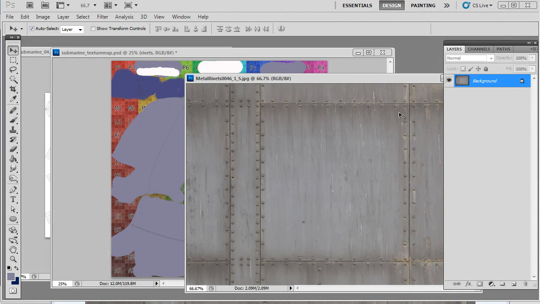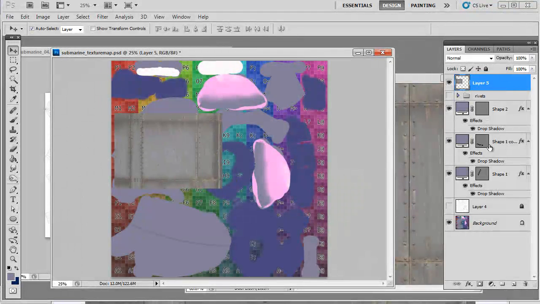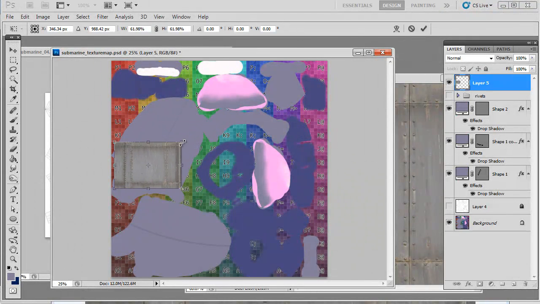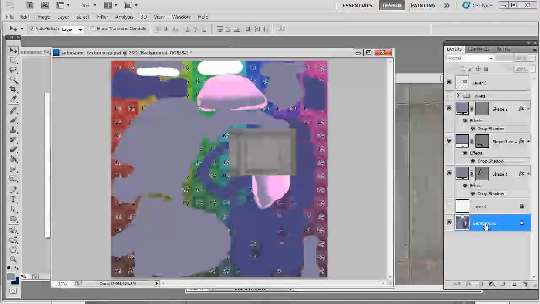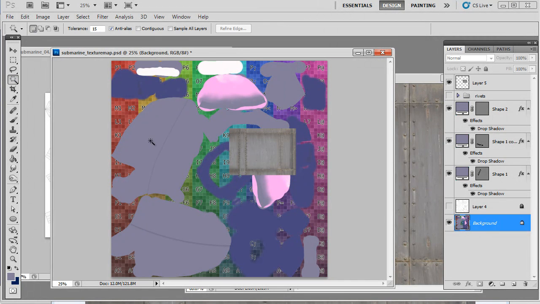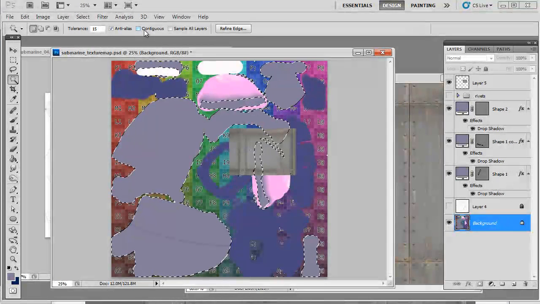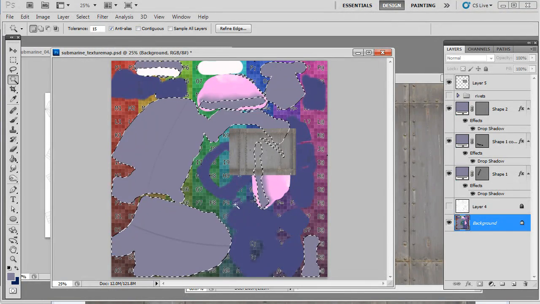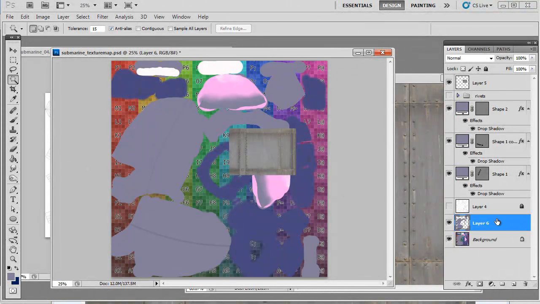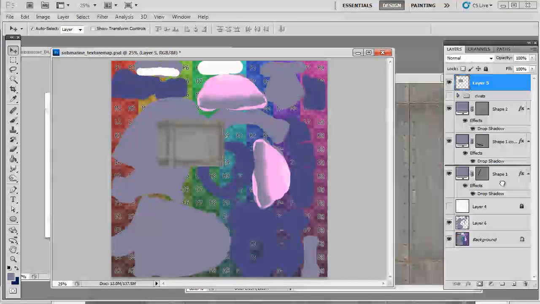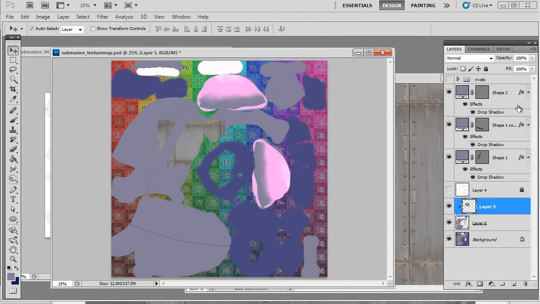Okay, so now let's grab this, move it over to here, and maybe make it a little smaller. And everywhere that we have that color, I'm going to grab my magic wand and select that color, make sure contiguous is not turned on. And everywhere that we have that color, it's going to select that. So I'm going to copy, Control-C, Control-V, and then I'm going to use that as a clipping mask. So let's grab this metal here, drag it down to here, right click and say Create Clipping Mask. So now it's going to be wherever that material is, it's going to add it in there, just in that